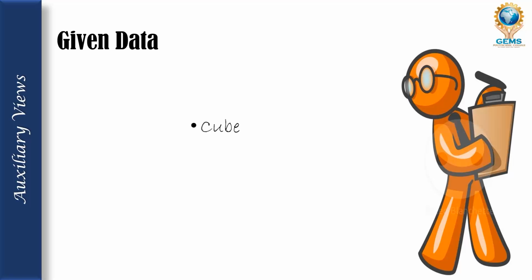Okay, so first one, we are going to draw a cube. What diagram we are going to draw, we have to mention it. It will be given in the sum. Take it and write it here. So first point, we are going to draw a cube, and the second point, the base is 30 mm. It is given as a cube, so the 4 sides will be equal like a square. So 4 sides are 30 mm.